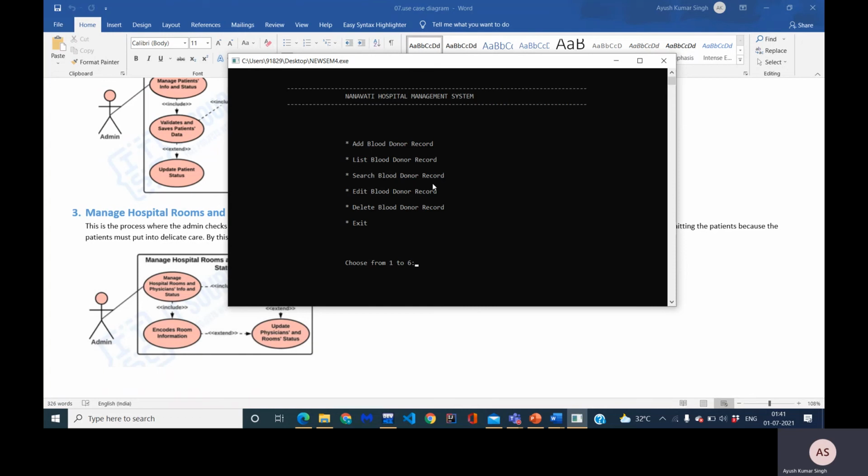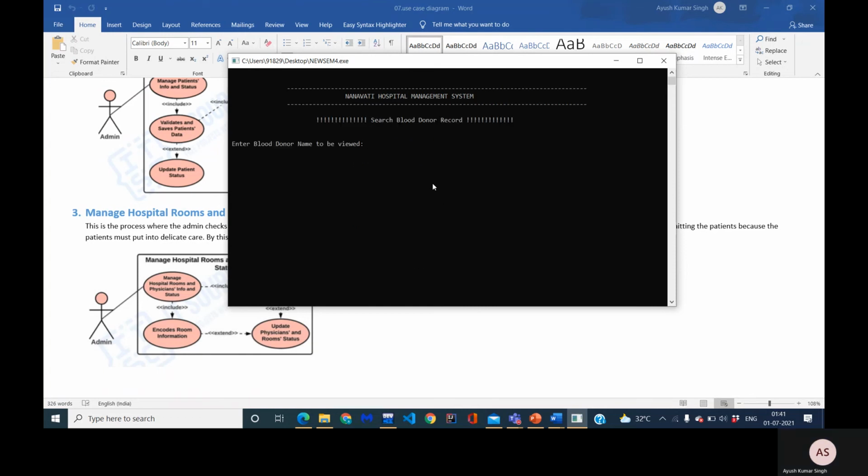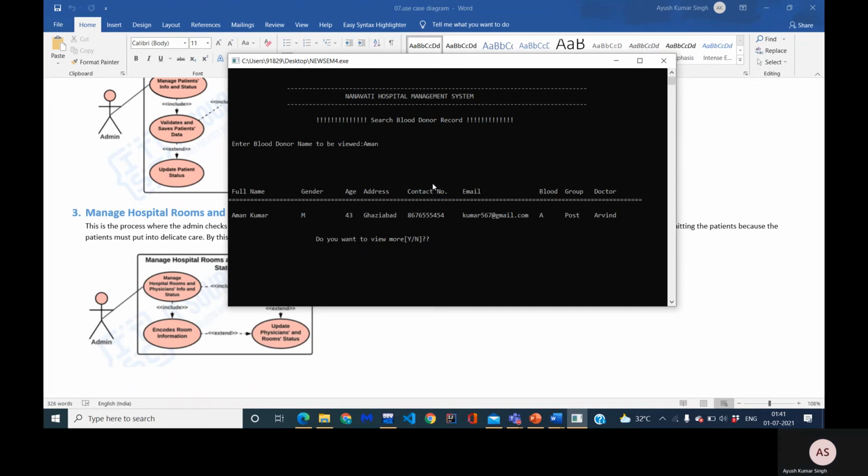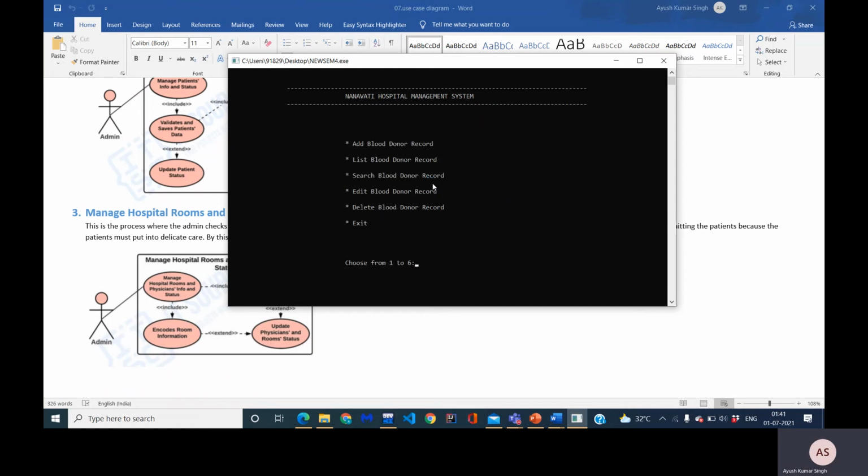And after pressing enter, here I will put 3. I will type Aman. Here is the detail of the blood donor. The application is asking, do you want to search more? So I will put n here and press enter.